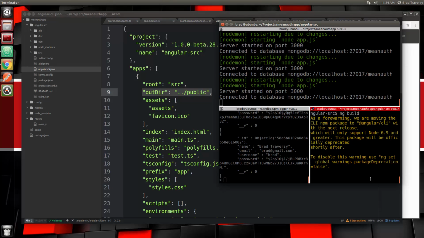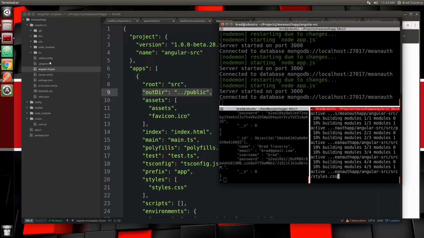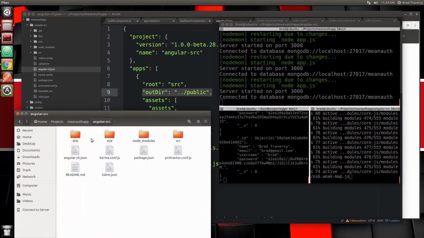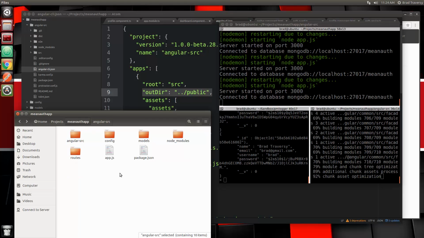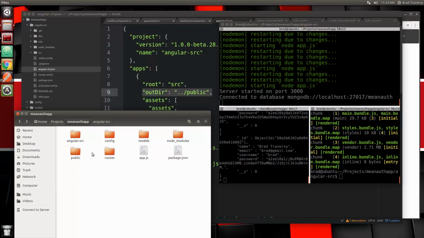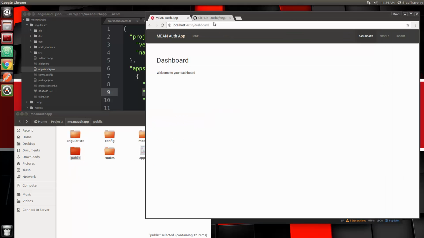Okay, so let's go ahead and run that. And if we look at our root folder here, now it should have public, and it should look like this. We have our index.html file and these bundled files. Okay, so now if we go to our localhost 3000,